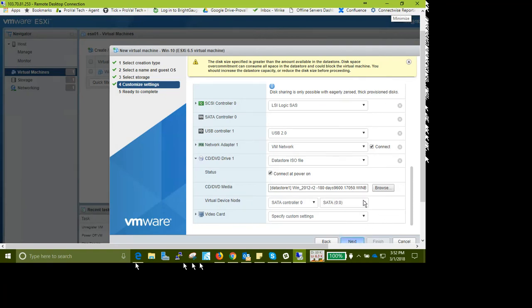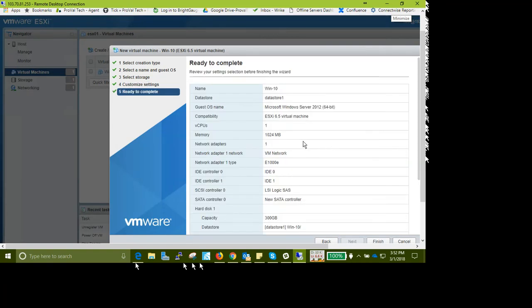Next. So the data store location here is basically the location on the system's local drive. It is actually the data store where you are installing the operating system. So the data store is what's mounted in ESXi. Yes. So you have to upload the ISO image in that data store, and then you select it here